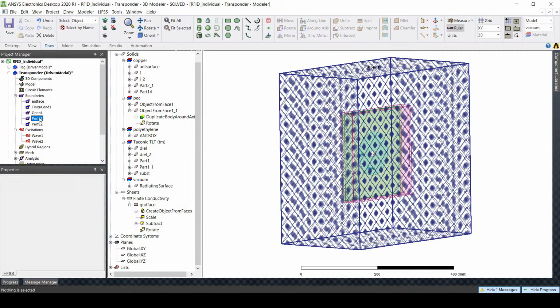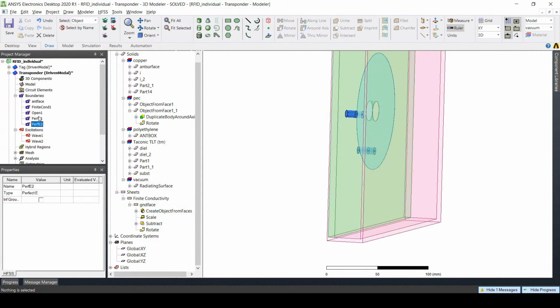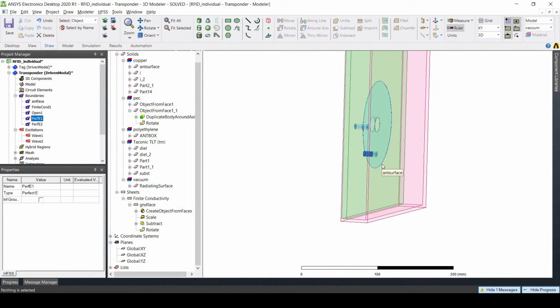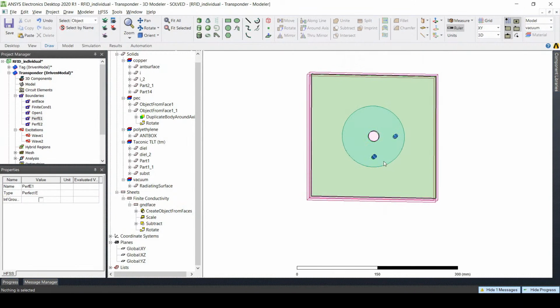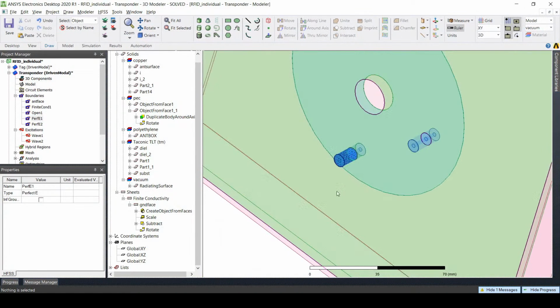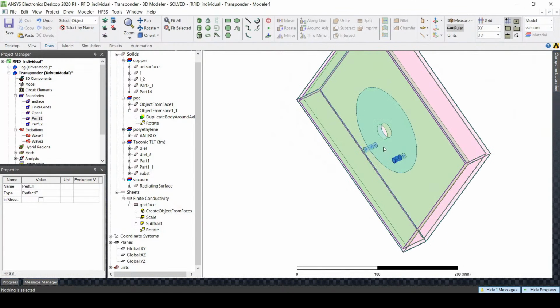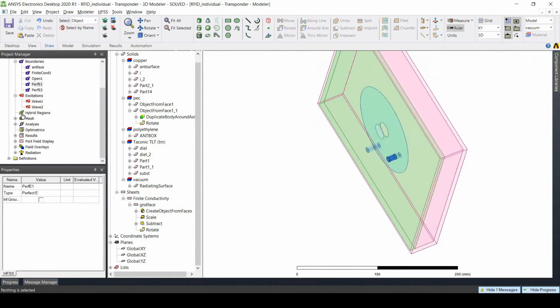Okay, so next we have some perfect electric boundaries surrounding the copper wire. Make sure there's no electric field escaping from there, and make sure everything is going to the antenna. And next,